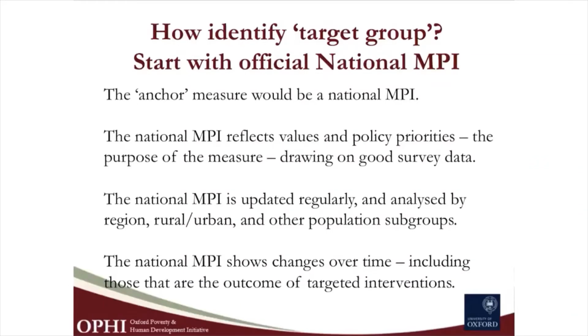The national MPI, in a sense, becomes your anchor measure. And in a sense, the first circle I showed of who are the poor, we're going to use the identification method. And so it has to be accurate for the national MPI if you're going to use it to try to structure another measure. And so you may need qualitative work, you may need other kinds of triangulation to verify